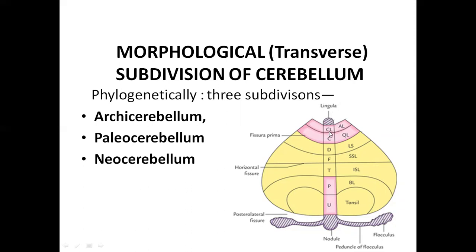Okay. So if you just see the continuation from the lingula, there is no extension of the cerebellar hemisphere. Whereas the central lobule is in communication with the ala, culmen is in continuation with the quadrangular lobe. Okay, declive is in continuation with the simple lobe, lobulus simplex is one more name. Then folium is in communication with the superior semilunar lobe.